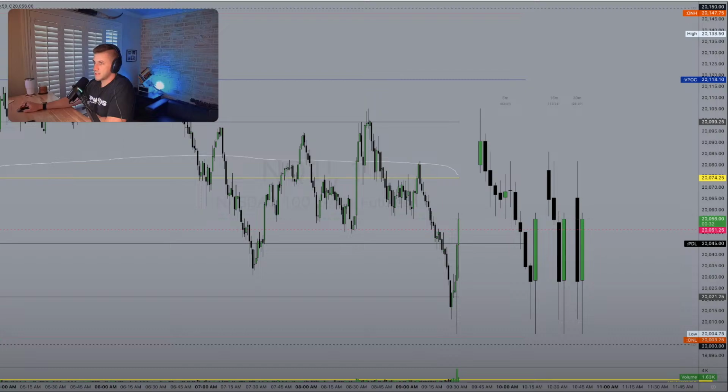Up and through. Session volume point of control overhead at 74. So now buyers want to see that prior day low holding. That initial test of 20K there held right off the open. We're into VWAP and session volume point of control now.